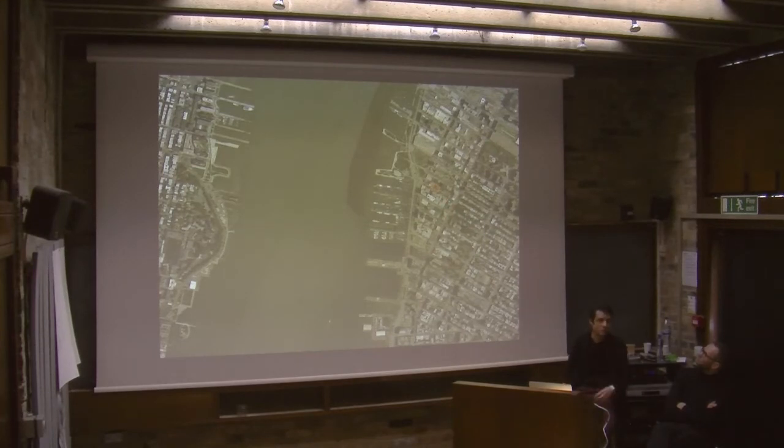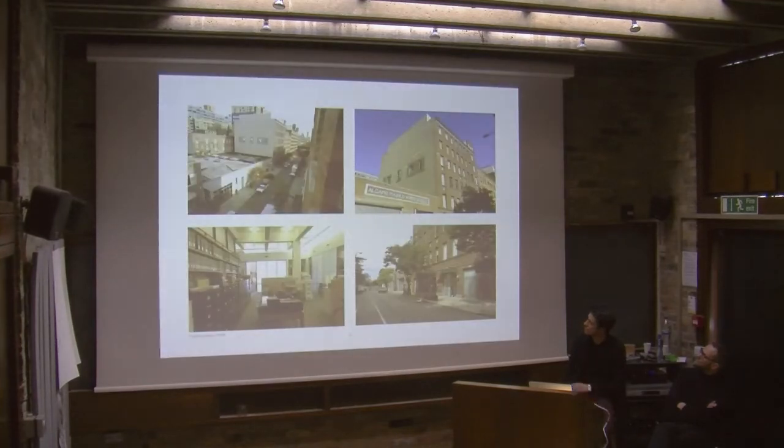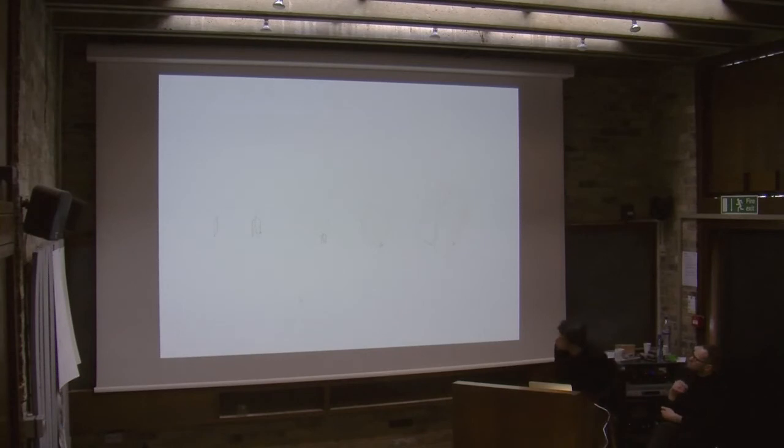So that area has changed quite a lot, and Dia in the 60s was one of these organizations that was sort of funding artists and funding them in these found spaces, and they've been in this area since the beginning, and then now they've moved to other places as well. But their offices are up there, and they had recently acquired some of the spaces next door, and so we looked at